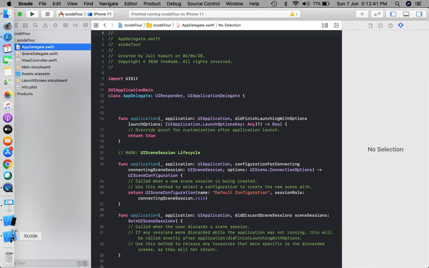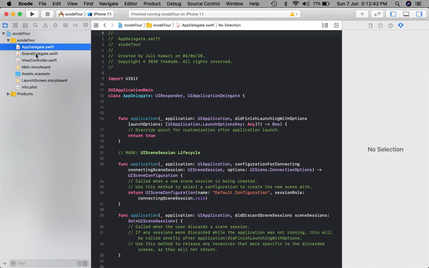I clicked on Xcode and here the Xcode tour application is created. I have already shown you how to create a new Xcode project in my previous video. If you are new to it, please go there and watch how to create a new Xcode project. There I created an Xcode tour project and we have these default files like we discussed: appdelegate, view controller, main.storyboard, everything.